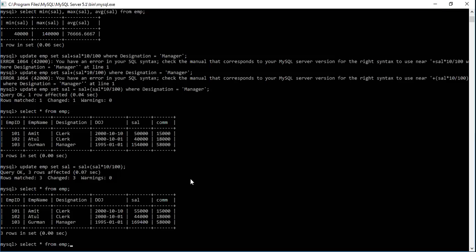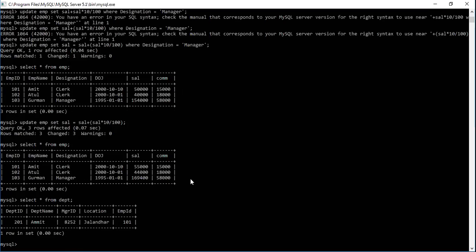Before we do this, let's just first see the tables. यहाँ पे DEPT table में location Jalandhar है और there is only one record. So let's add some more records so that insert into DEPT values,